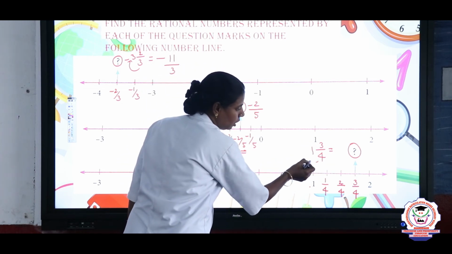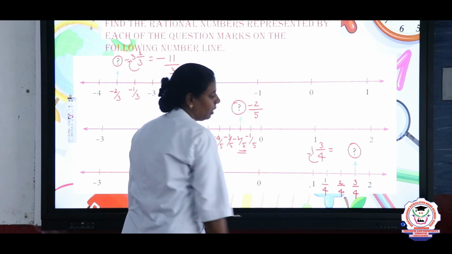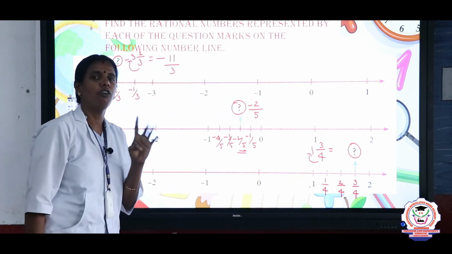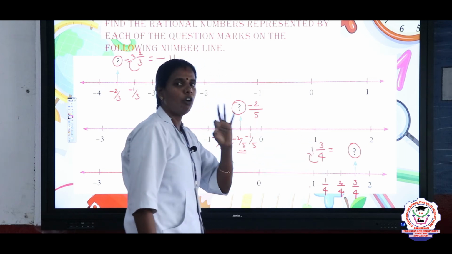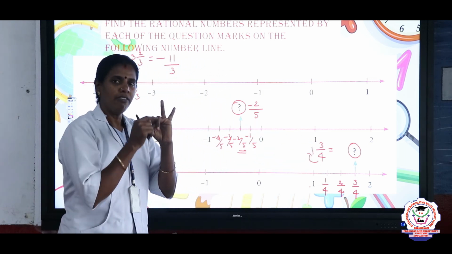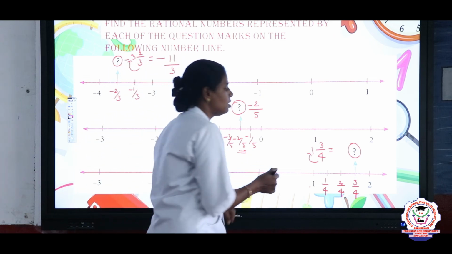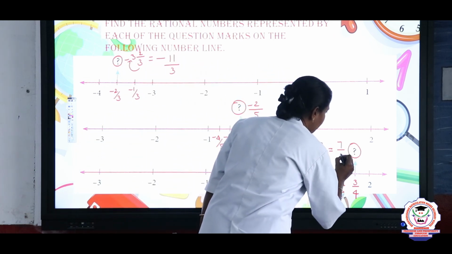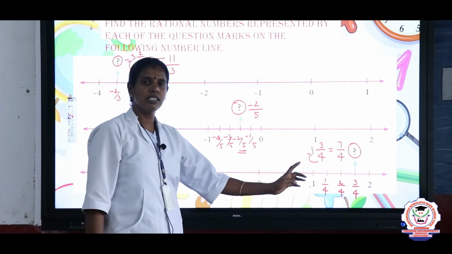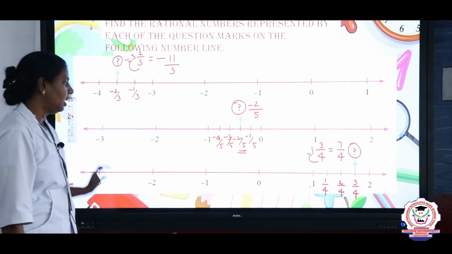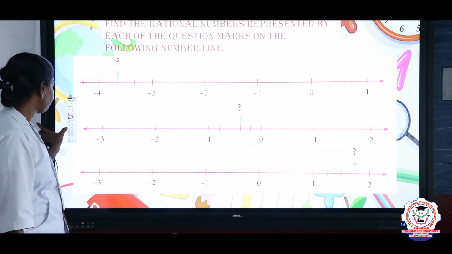What I told you? You need to multiply these two numbers, that is 4 ones are 4. 4 plus the numerator 4 plus 3 is 5, 6, 7. So, the answer is 7 by 4. Is it clear how to find the answer for the given number line? Next we are going to see